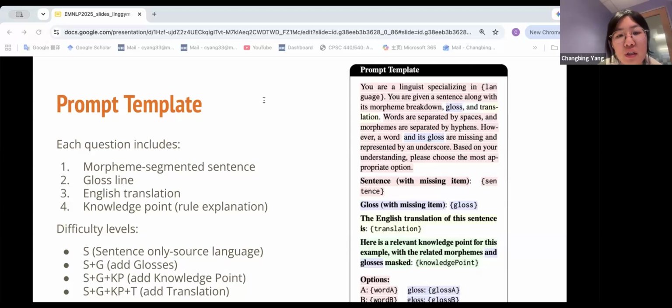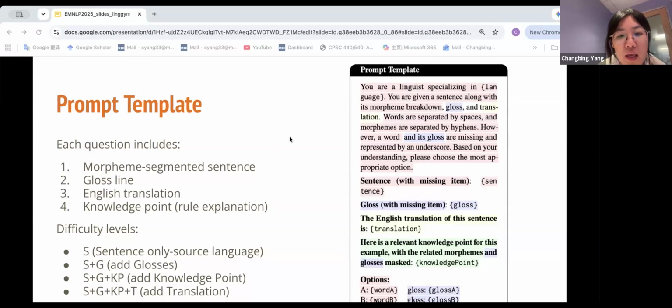It stands for the glosses for the given words, so that the model can understand the meaning of each morpheme and word. And the third level is called knowledge points. It's the relevant knowledge points in the grammar book we have extracted. And the last one is the English translation. So yeah, the model can understand the full